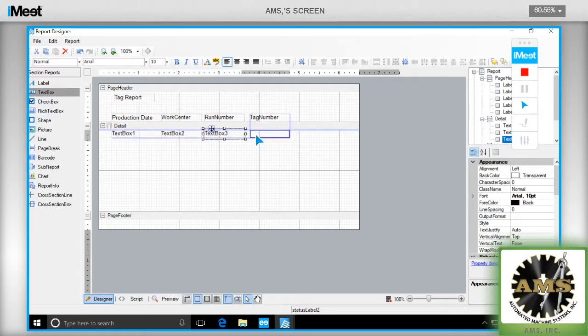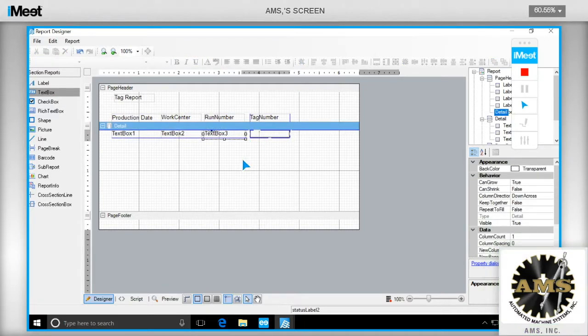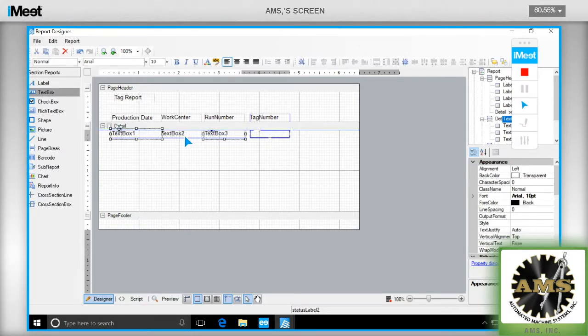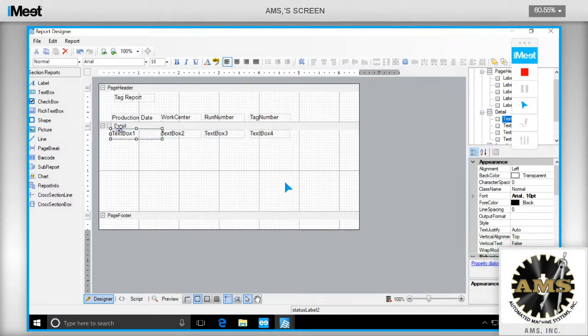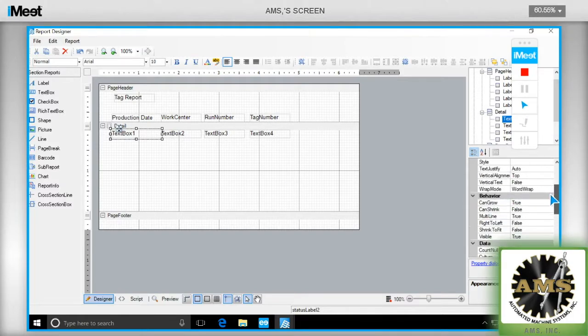Give me one more text box. There we go. So now what you do is you tell each of these fields what data you want to get. And in normal reports, non-custom reports, if you were to go over here to this data field, so over on the right-hand side, you see all these properties that I'm scrolling through. There's a data field right here,